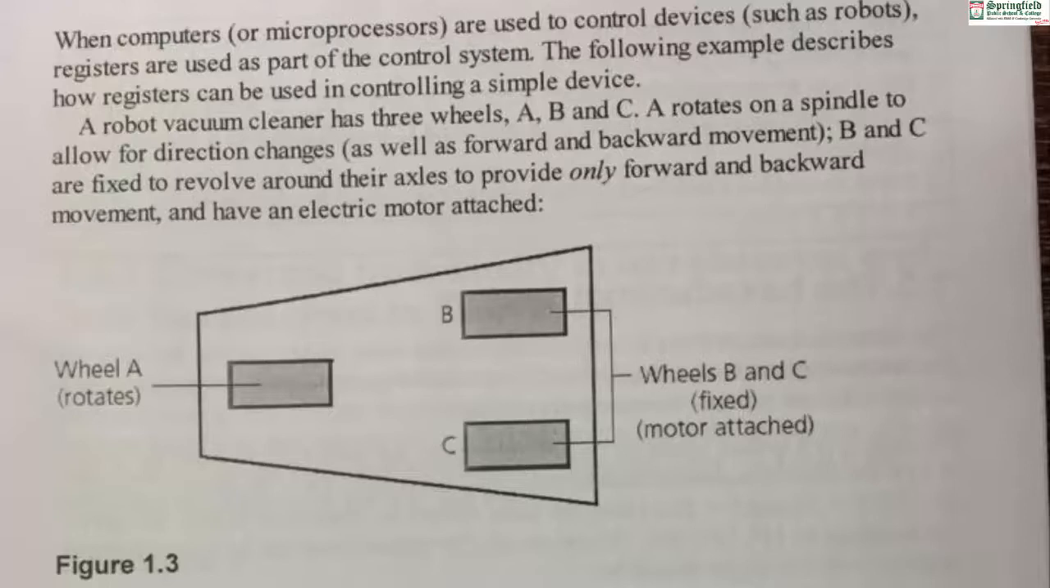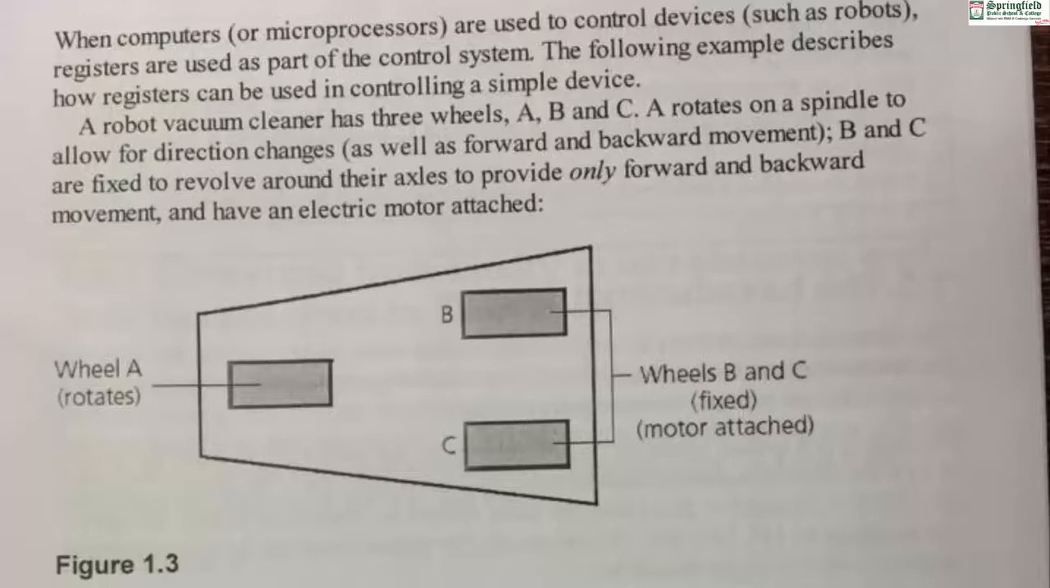A robot vacuum cleaner has 3 wheels, A, B and C. A rotates on a spindle to allow for direction changes as well as forward and backward movement. B and C are fixed to revolve around their axis to provide only forward and backward movement and have an